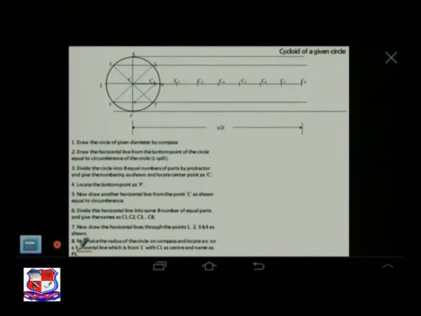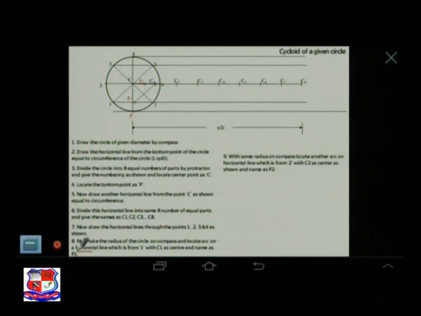After locating all the arcs, I'll show you. Listen once again. From C1 we have located a point onto the line drawn from 1, and I have given the name P1. Similarly, if you draw an arc on the line drawn from the second point of the circle with C2 as center, we give the point the name P2. So I'm drawing an arc with C2 as center, and I have located the P2 point.